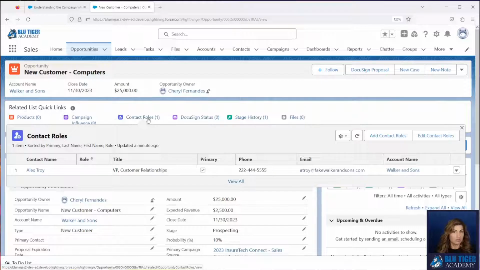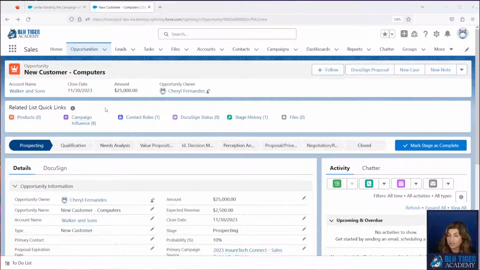So if a salesperson creates a task or a meeting or an email related to the opportunity, we're going to read all of the people who are on that task, event, or email and automatically add them to the contact roles on the opportunity. This will really help your sales teams out by automating that entire process. It will also help you marketers out by giving you the campaign influence reporting that you're looking for.